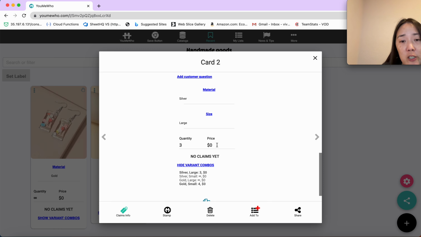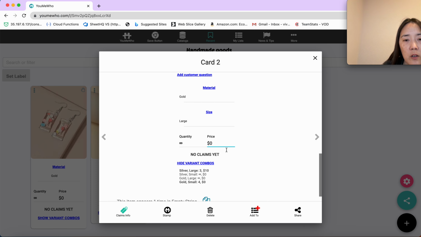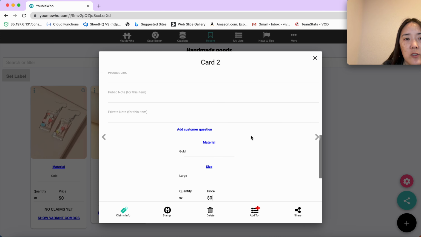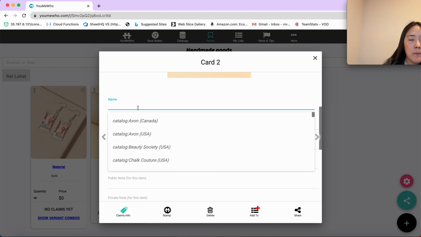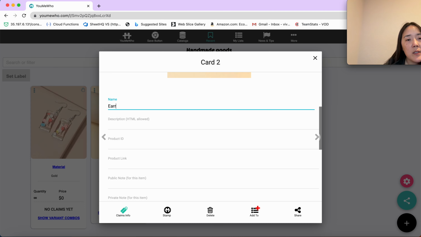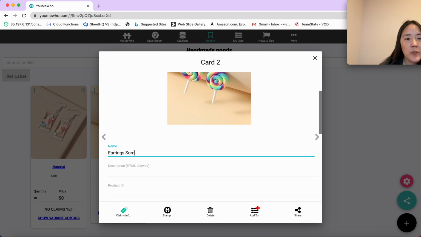I also want to probably change the price, right? The silver one, say it's $10, so you see that updates right away. That gold one, I would change this for all of the different combinations. And then of course I want to add a name. Adding names is good so that it can be searchable by your user. I don't know, some style, lollipop